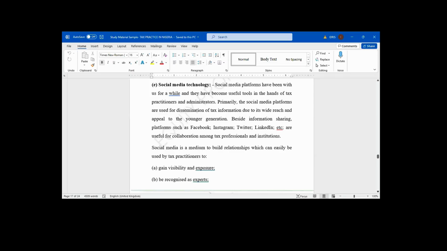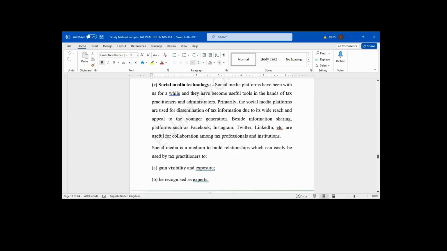Likewise, a tax practitioner makes use of social media. Like me, I'm a tax practitioner. I make use of Twitter. I always tweet on the new tax law, on some of the new changes in the tax law. Once I tweet that, so many people will read it, they will like it. At the end of the day, I will put the name of my firm as the publisher. What am I creating? I'm creating value for my firm. I'm adding value to my firm. I'm doing marketing for my firm.